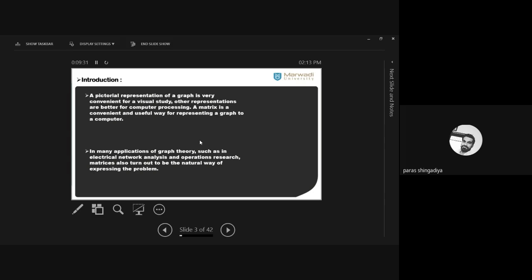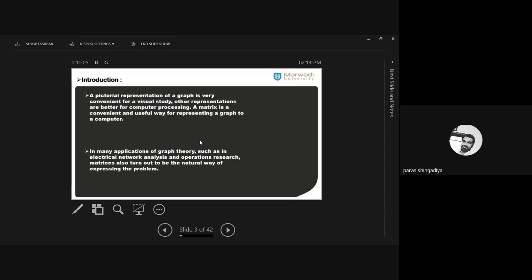Clear? In the map, we have to check it first. Okay, we have to find such a walk. Okay, we have to visit the place, and then after that we can verify that okay, this is the shortest route. Clear? But right now we are using Google Maps directly to find the shortest answer. Clear? You would not verify all the possible routes one by one and then reach a conclusion that this will be the shortest one. Clear? We can use Google Maps directly and find the answer within 1 or 2 seconds. Clear? But the graph is very convenient for the visual study.